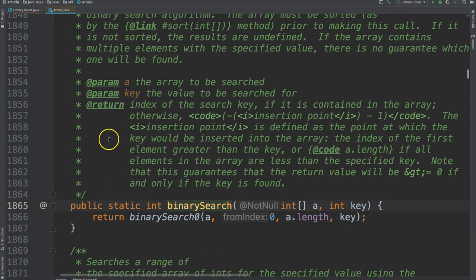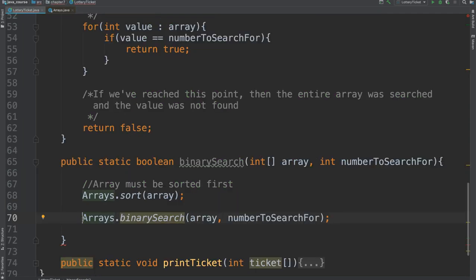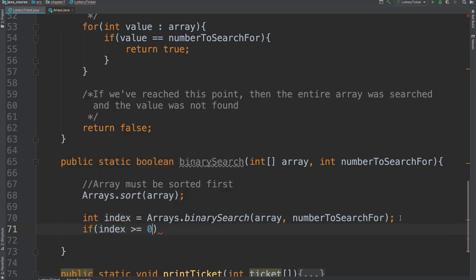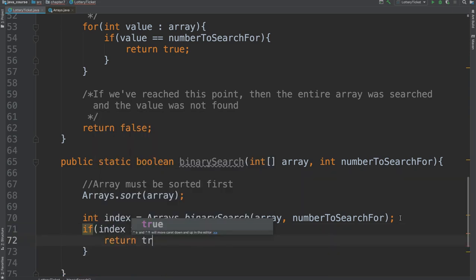What I really want to know is the return. So this is going to return to me greater than or equal to 0 if and only if the key is found. So great, we'll go ahead and assign this an integer. We'll call it index. And if the index is greater than or equal to 0, we know that it was found. We'll go ahead and return true,